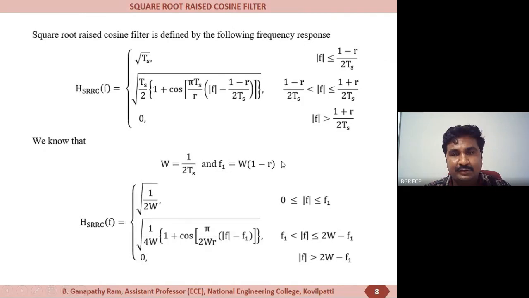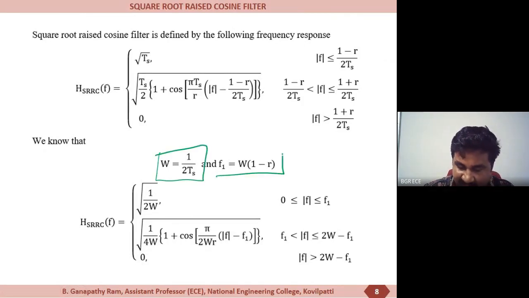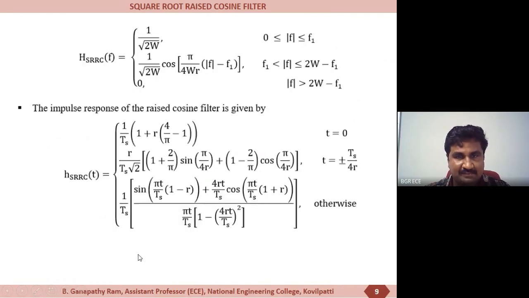So now also we are applying the two conditions, W is equal to 1 divided by 2Ts and F1 is equal to W into 1 minus R. We can represent it like this. And here 1 divided by 4W